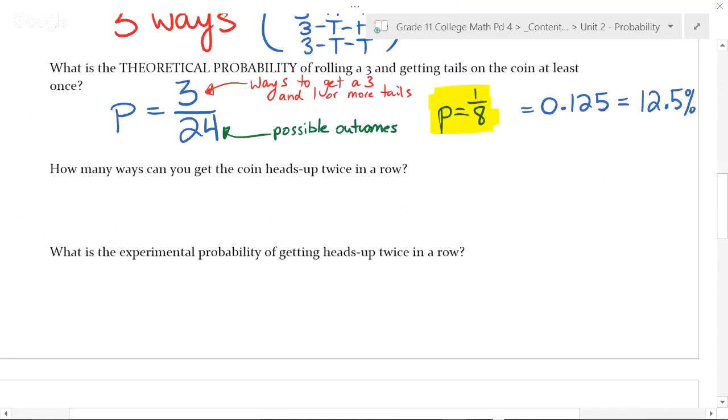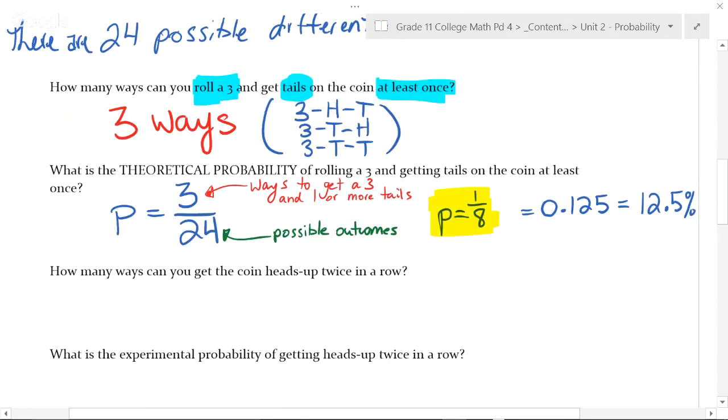All right, we can ask more questions. You can pause this if you want and try the next 2 questions. How many ways can you get the coin heads up twice in a row? Well,